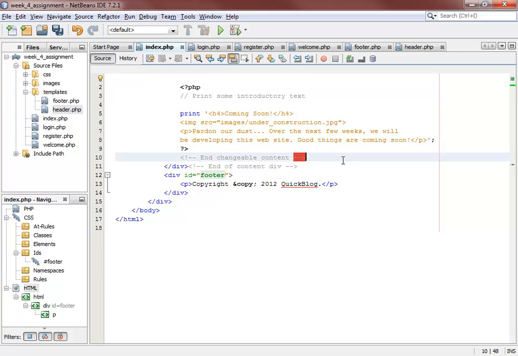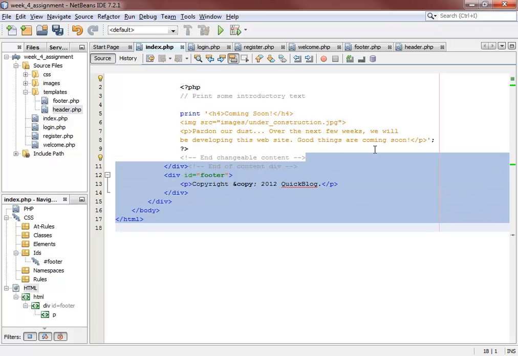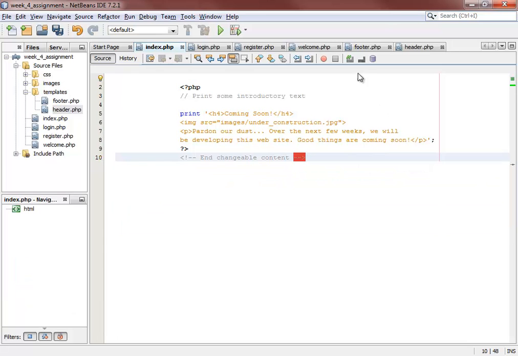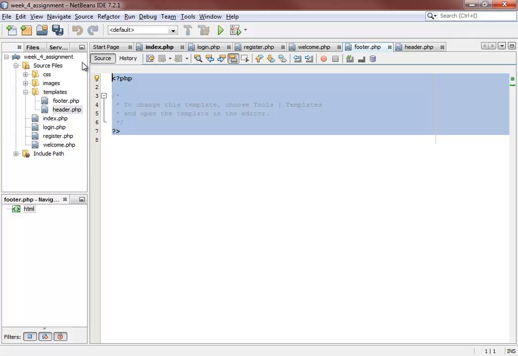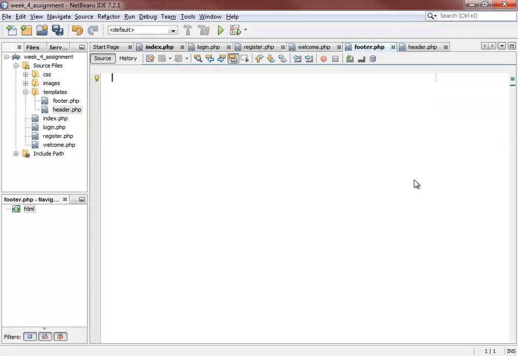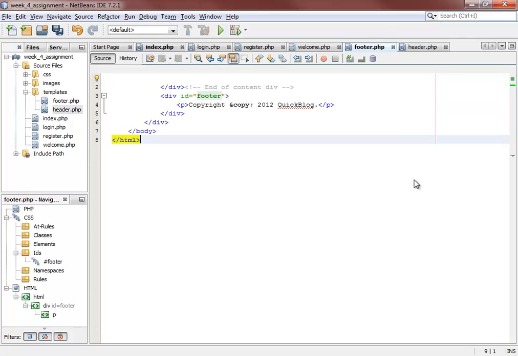Right after you see the comment that says end of changeable content, you'll want to start selecting all the text, all the code from there to the bottom of the file. Cut, overwrite or delete everything that's in the footer file, paste. Make sure that there are no white spaces